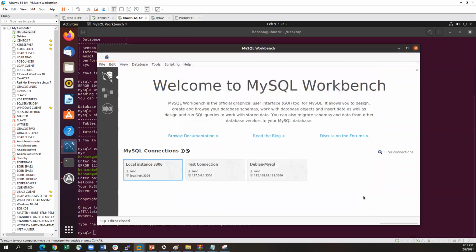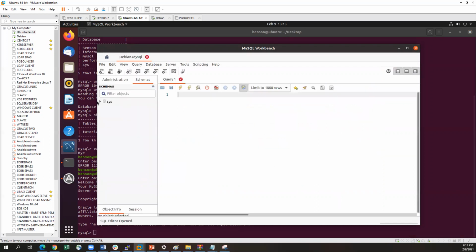And now we say, okay, now we have a connection to the Debian from Ubuntu. So we click this, now we're connected to the server. Now this server is running remotely. It's running on a different server. So we're able to connect there, and we can create,